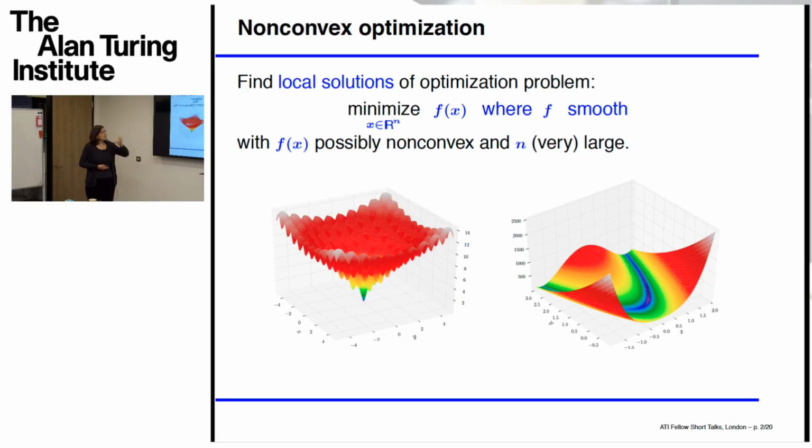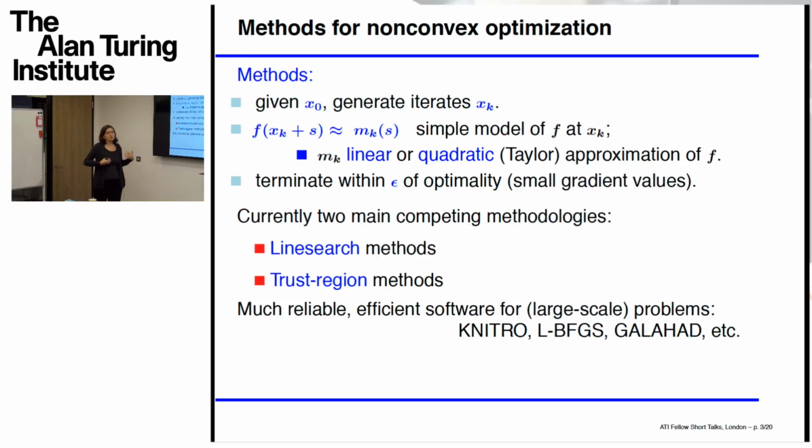So imagine that f is given to me in a black box, that I just give some kind of point, I query the box at some point, and then I get back f of x and maybe derivatives, and then I can proceed with my algorithms. So also, we would like to be able to take in any arbitrary guess, and this is what these methods do. You can start from any